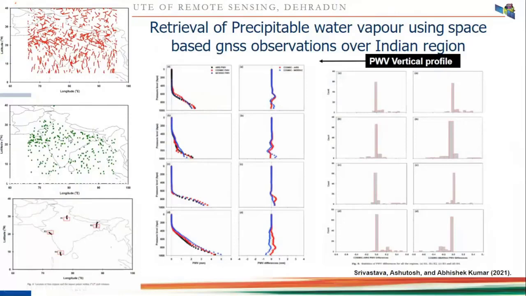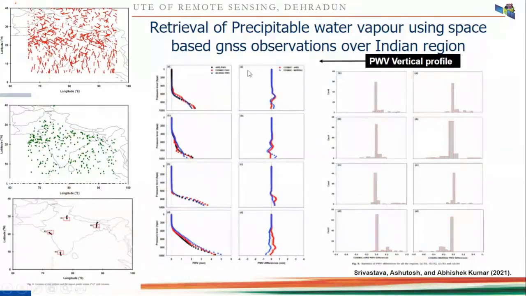Considering these points, we fixed one column around that point and created a grid of 2 degree by 2 degree. Then we saw how many points are coming in that particular 2 by 2 degree column. And finally, using that, we developed a vertical profile